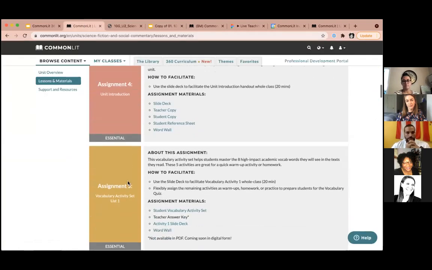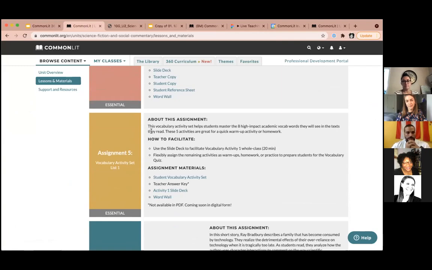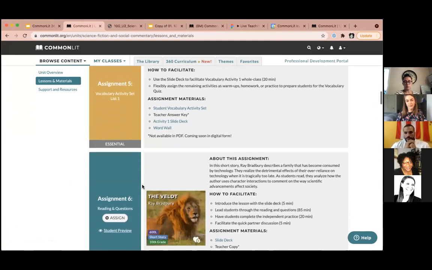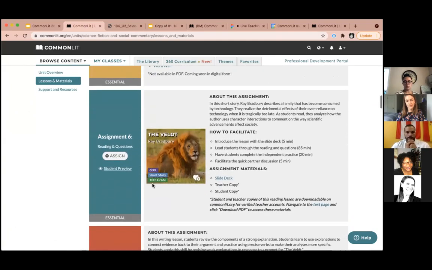Now, as we continue looking at it, we also have vocabulary. And so we are using a best practice of teaching vocabulary for students and also continue to build our students' word knowledge. I'm going to now go through our reading anchor lessons and just tell you a little bit about each of these. As a part of CommonLit units and the knowledge building that happens, we provide these texts for students to read. In this particular unit, students are reading great works of science fiction and writing and talking about how science fiction conventions offer social critique.